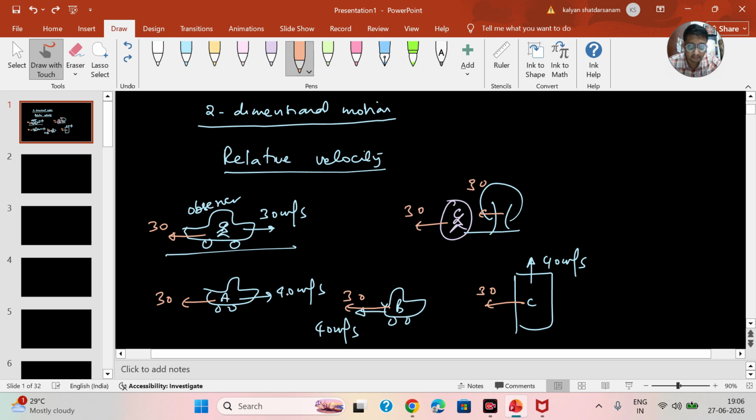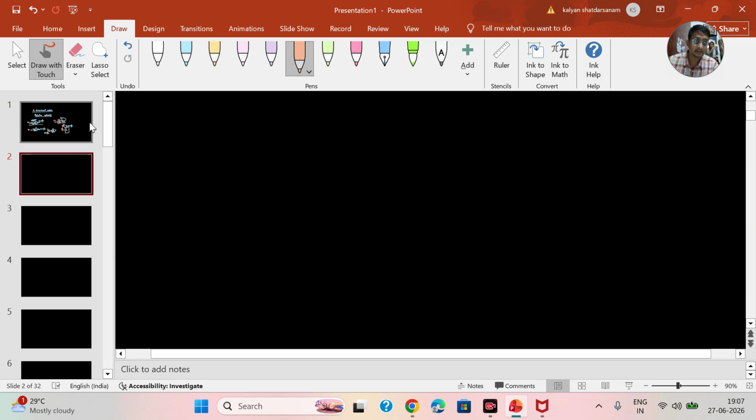So observer came to rest. A is moving with 40 forward, 30 backward. Effectively, it is moving with 10 forward. This car B is moving with 70 backward. This fellow who was standing initially is moving with 30 backward. Tree is moving with 30 backward. Car C is moving with vector sum of 30 and 40, which is 50 in that direction. So the idea of relative velocity is bring observer to rest